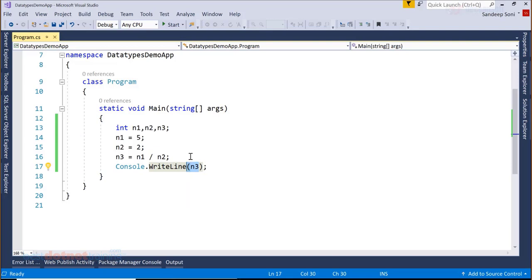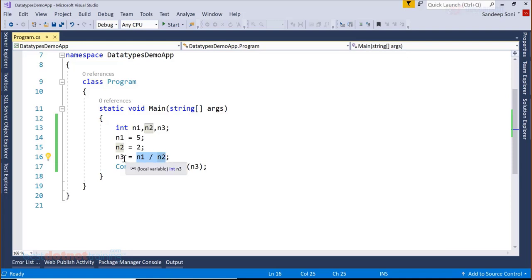Now, what if n1, n2 are integer and n3 is float? Point is, n1 by n2 will still be an integer, which will be assigned to float n3. That means the result is still going to be 2 only, because the result of this expression is 2. 5 by 2 is 2.